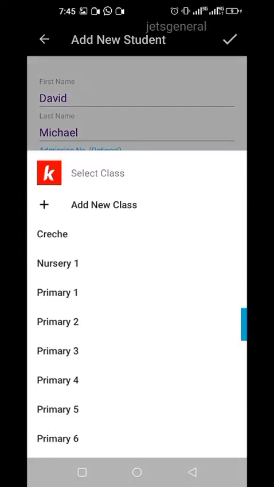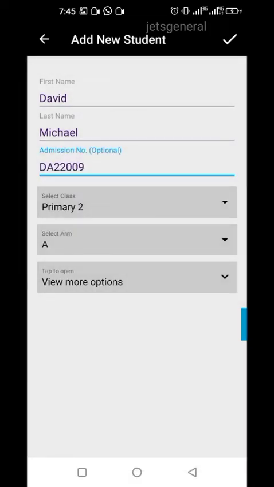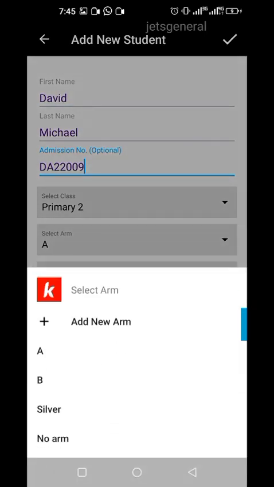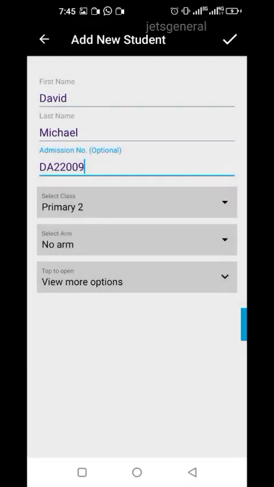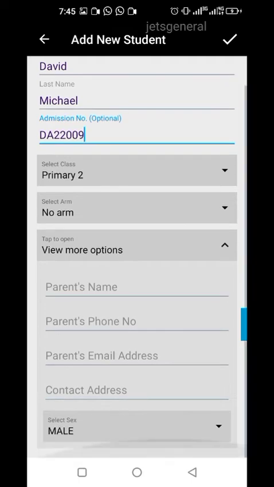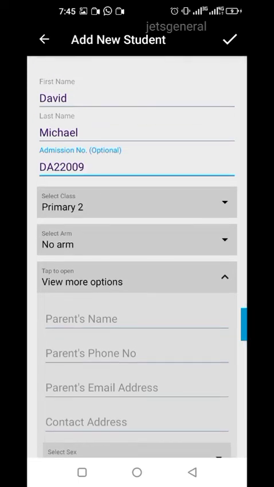And if it is primary 2A, and if there is no arm, you say no arm. Then immediately you add the parents' information if you have that. Parents' name, parents' phone number, parent email, contacts. If they are male or female, add that, and that will eventually help you when the parent is going to